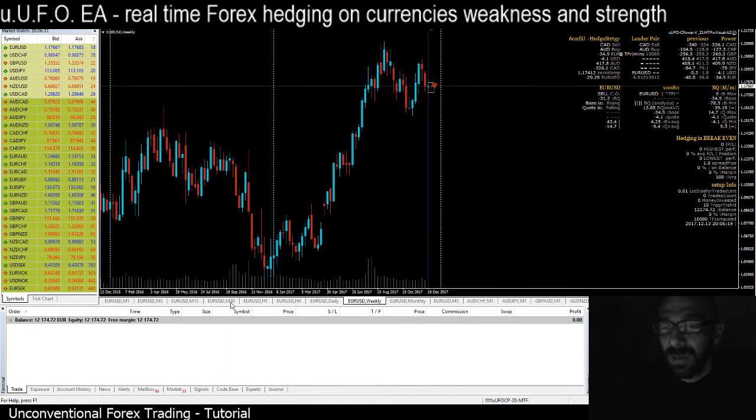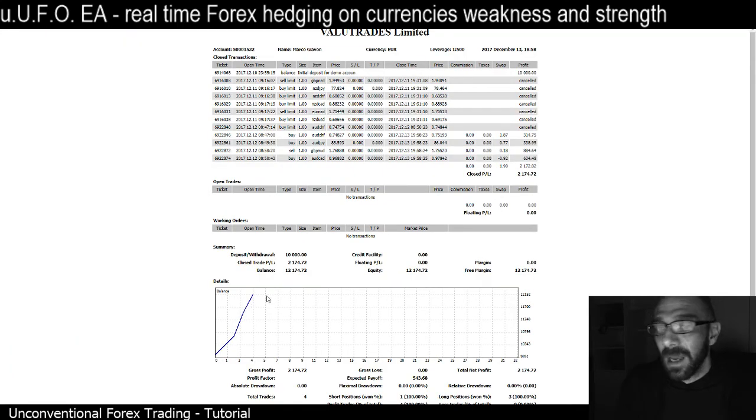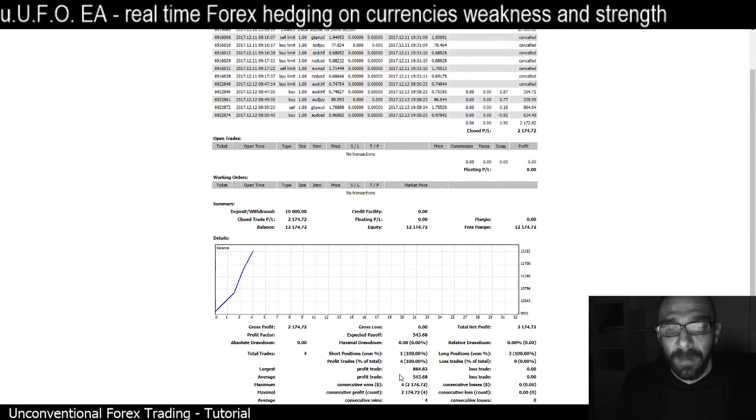But we can achieve enough pips that with only 1, 2, 3, 4 trades we can have this kind of results. And this is very simple math to apply. And once you have identified that the Australian dollar is strong, and it's quite strong, and at the same time there are more currencies that are weak, it means that